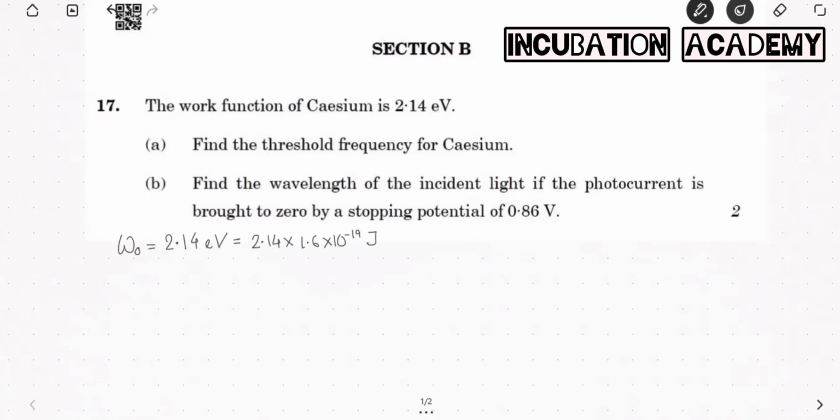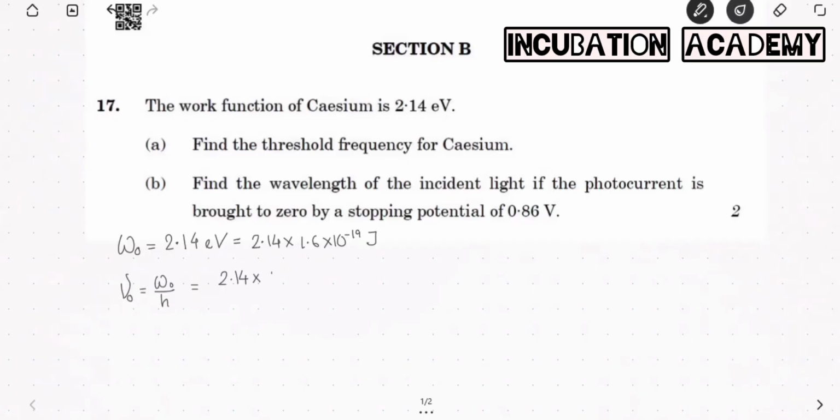Now what is the relation between the threshold frequency and the work function? How do we find the threshold frequency if we know the work function? This is the formula: nu naught equals W naught divided by h. So it is 2.14